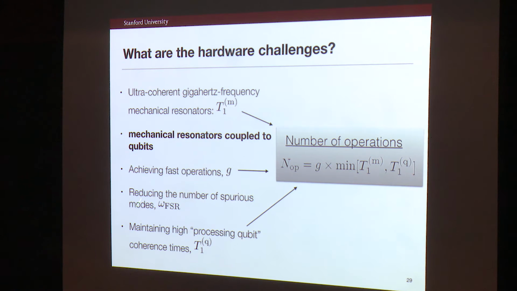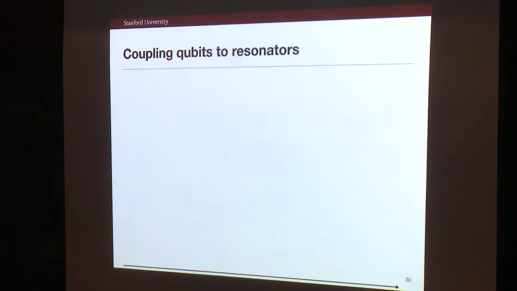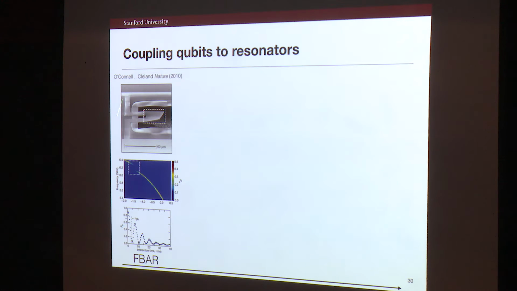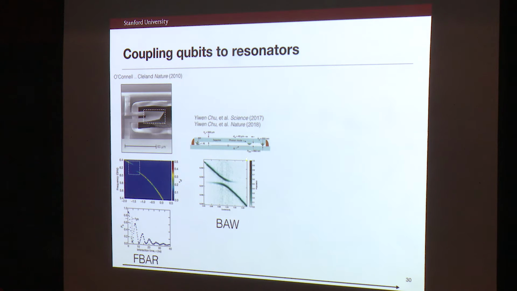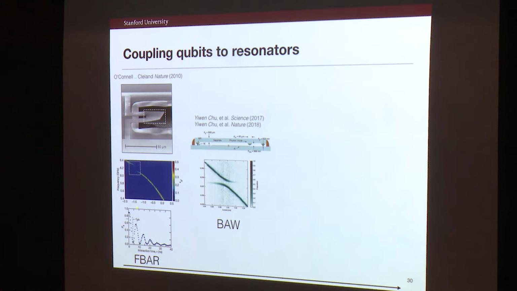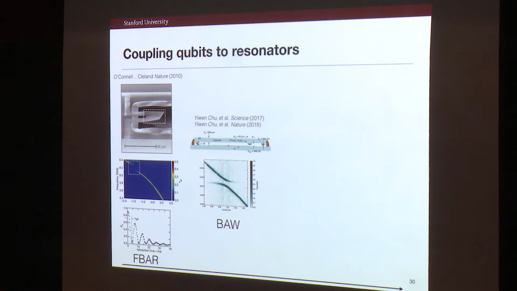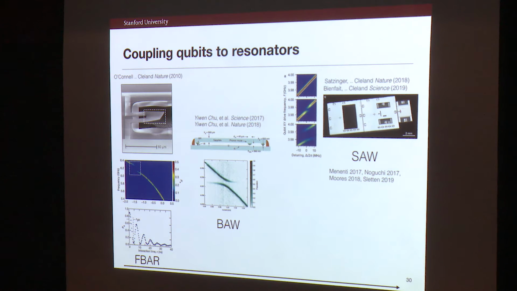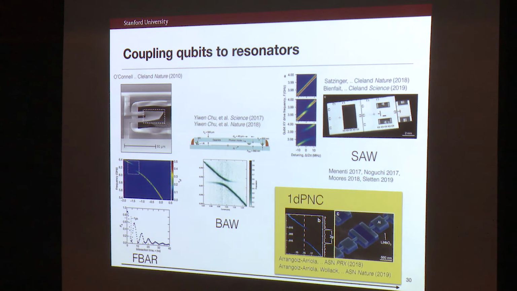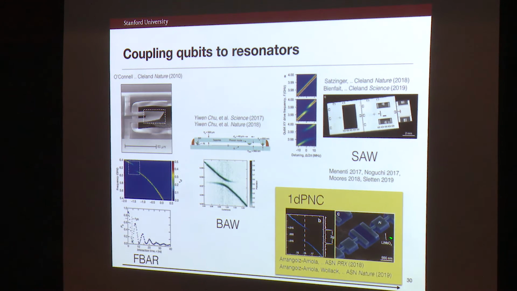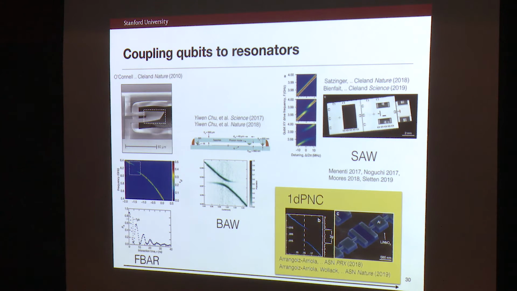Okay, the next thing is, how do you couple mechanical resonators to qubits? There's a long tradition in doing this. This is from about 10 years ago now, from Andrew Cleland's group, coupling an F-bar resonator. There's work from Yale coupling these bulk acoustic wave systems. These curves are strong coupling curves. They show the resonator mode crossing the qubit mode, or the qubit mode crossing the resonator mode, depending on whose work you're looking at. It's always the qubit mode crossing the mechanical mode. Our approach is basically these 1D phononic crystals, and that's what I'll talk about.